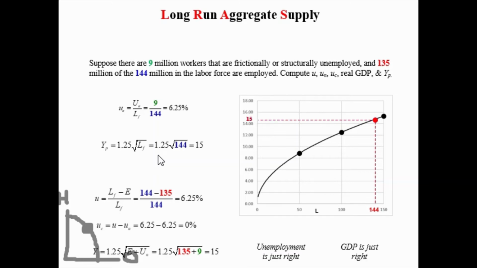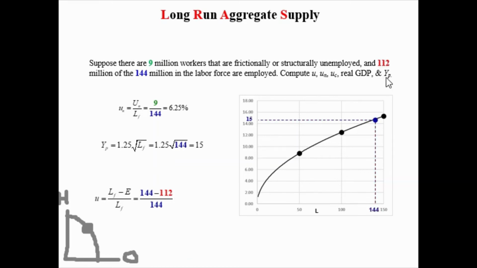Okay? When people lose their jobs. So this is a situation where people lose their jobs. So this is the number of people in the labor force. This is potential GDP, and this point has not changed. Then the natural rate of unemployment hasn't changed, and the potential GDP has not changed. Okay, so what has changed here is that a bunch of people lost their jobs. And so the unemployment rate is now 22.22%, because this is the number of people who are employed, and that's the labor force. So unemployment went up when people lose their jobs.